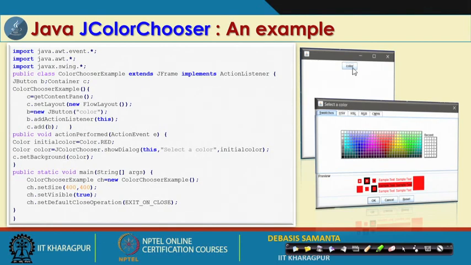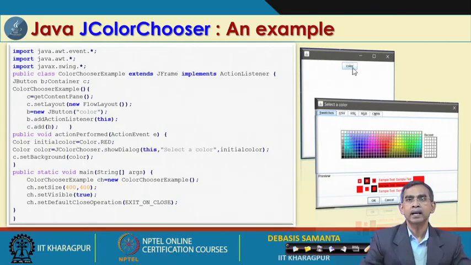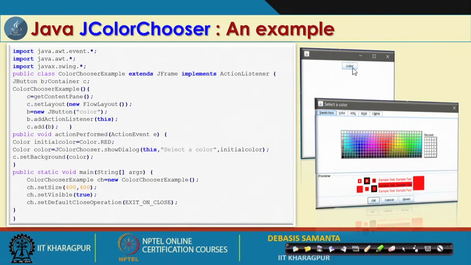Here, basically one button is added, and using this button the action handler is there. If you click it, that color chooser option will pop up, and from there you can select some color. If you write or draw something, it will be in that color, and then the color can be reset. And see, whatever recent colors you have used will also be displayed to you.